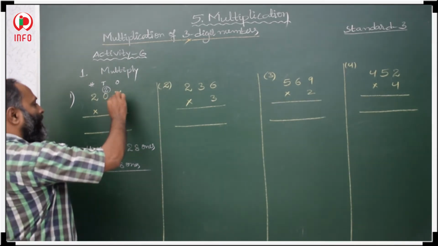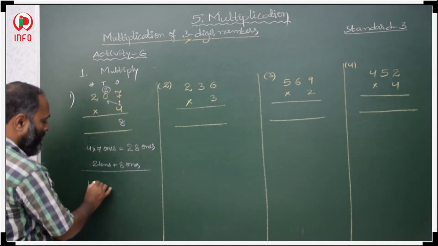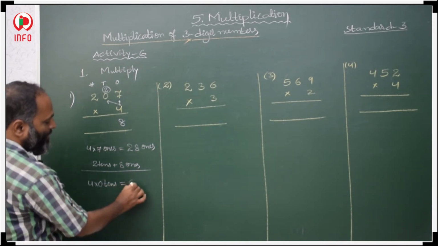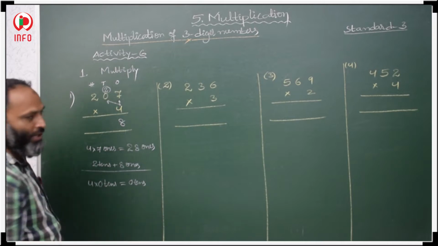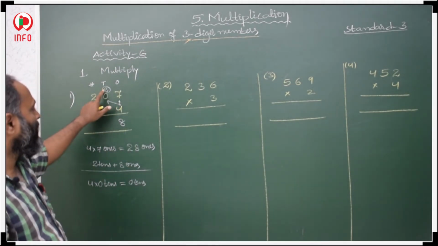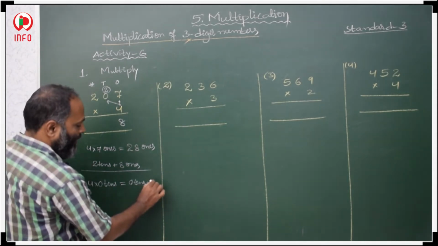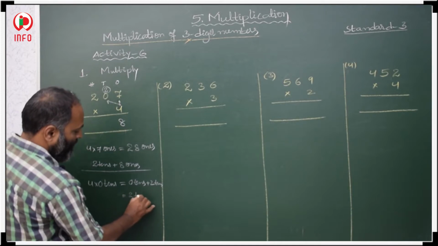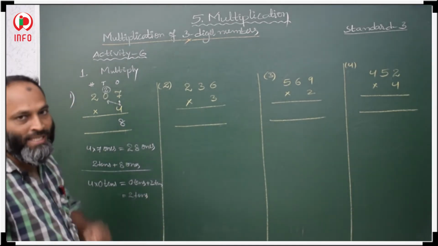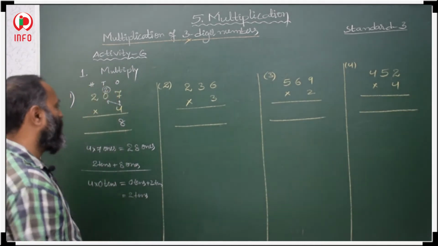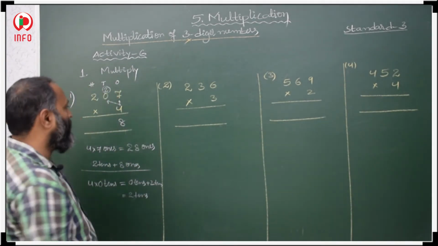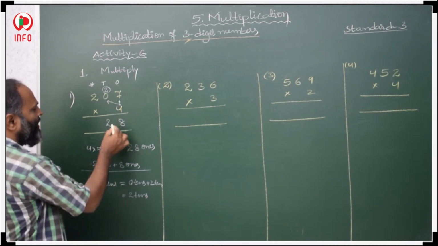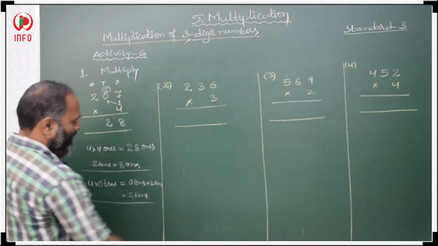Then we have to multiply with tens place. 4 with 0 tens. 4 zeros are 0 tens. How many tens do we have? 0 tens. And what is the carry over? 2. That 2 we have to add. 0 plus 2 is 2. 2 tens. 2 is a single digit number, no need to carry, no need to borrow, no need to regroup. So 2 tens, 2 in tens place. Then the tens chapter is closed.